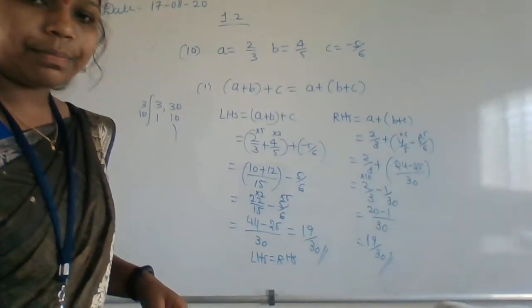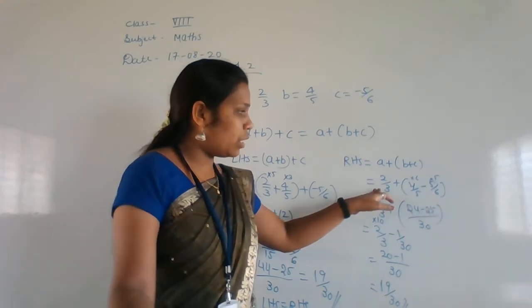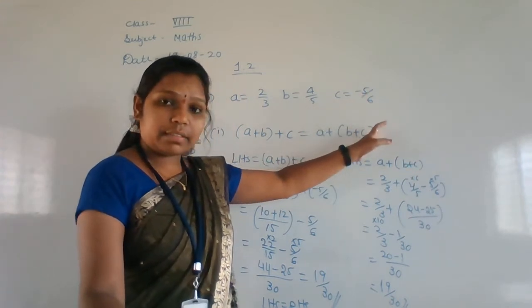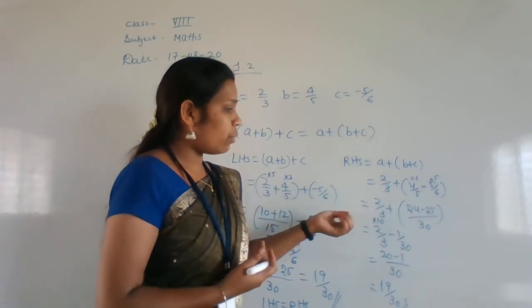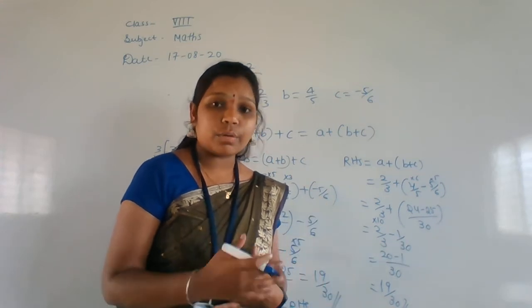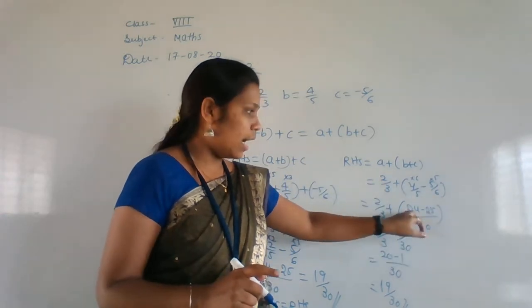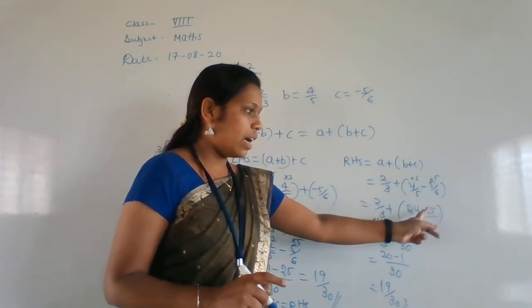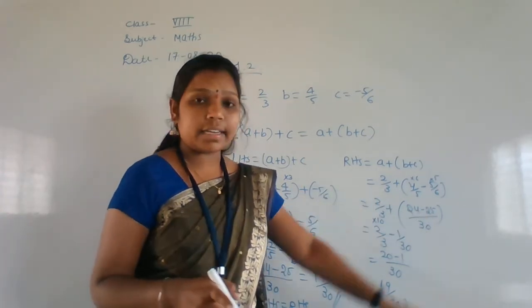Because see everyone here. RHS is A plus B plus C, and I am putting the values of A, B and C here. C is minus 5 by 6, so directly I am writing a minus sign. Getting everyone? So next what we have to do here is 2 by 3. We have to solve the first bracket. In a bracket, whatever it may be, we have to solve the first bracket first. So that is the LCM of 5 and 6, which is 30. 6 4s are 24, 5 5s are 25. 24 minus 25 is minus 1 by 30, because the bigger number contains the negative sign.